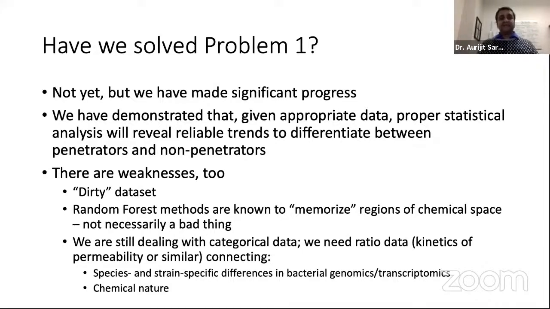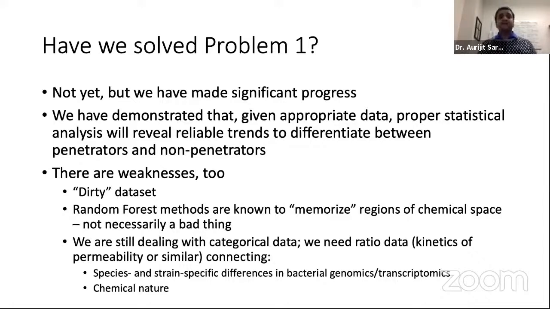Also, we are at this present time not looking at specific species. We're not looking at strain-dependent differences. We just mentioned Staphylococcus aureus a few minutes ago, right? There are MRSA strains, there are VISA strains. Even within MRSA, there are so many different substrains that are very well known and documented. I'm fairly certain that if we start looking at patient samples, we'll find even more numbers of strains.